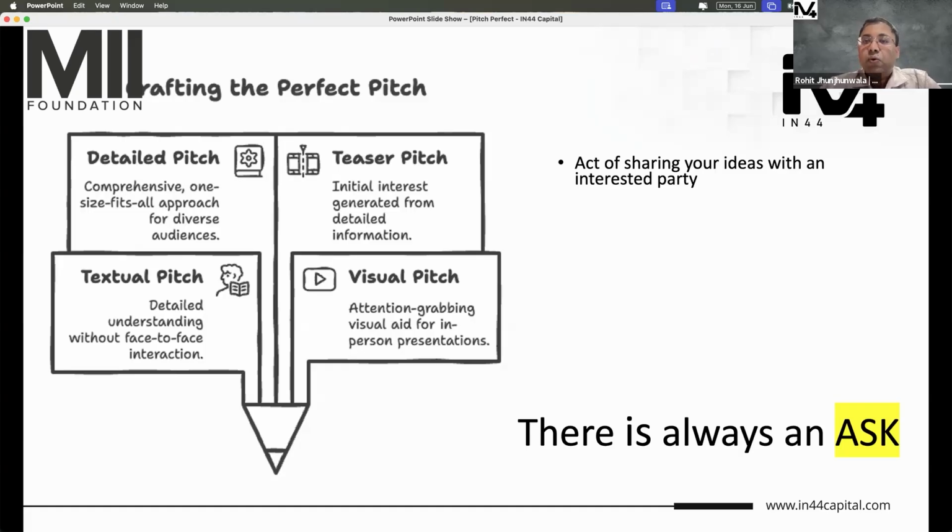So many times when you go to a customer and you have a customer profile, it tells you all about, hey, you know what, this is my product. But it doesn't tell you anything about what to do with it. It is just a brochure. But a pitch is something which you have an ask for. It is something that you want the party to do, and that is when it is called a pitch.